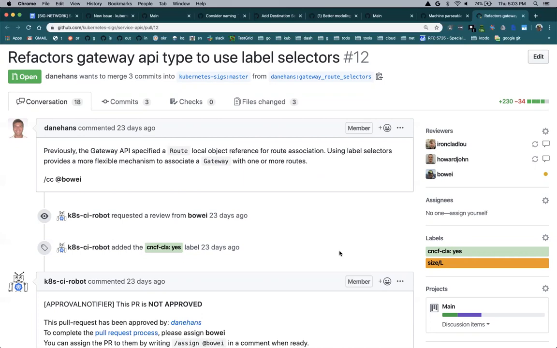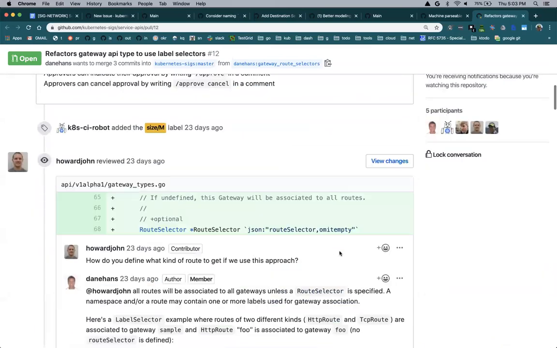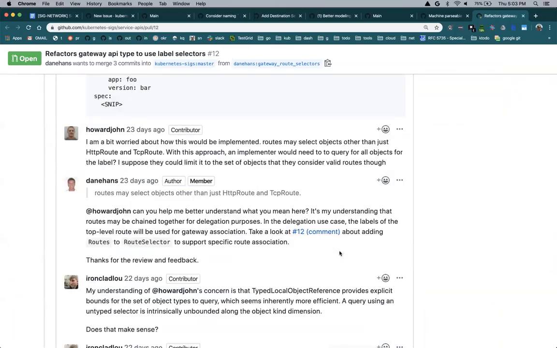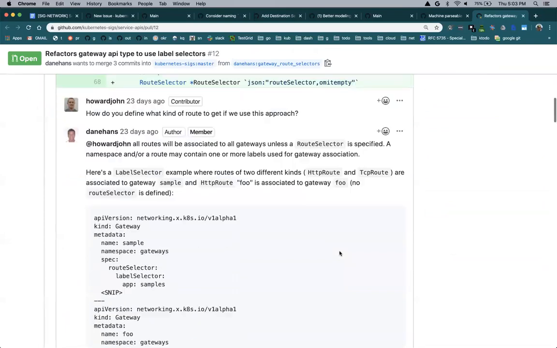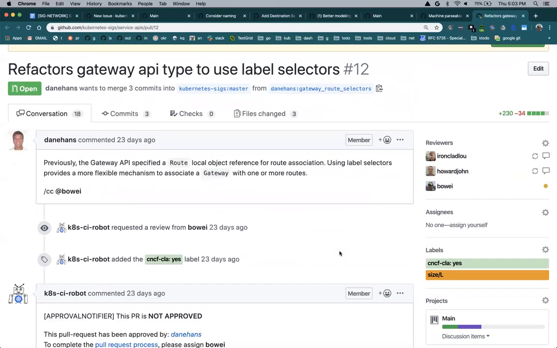I think it might be useful to go through a couple of use cases and whether or not we could get into trouble, especially with, let's say, the status. Could it be that we would require the object reference? We couldn't even use the array. If you wanted to have route status on gateway, I think this would not work with that. But we're already realizing that route status on gateway is difficult, so we may not be losing much with this approach.